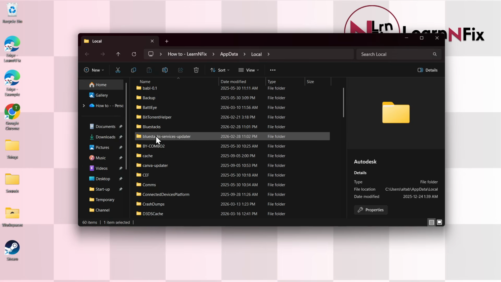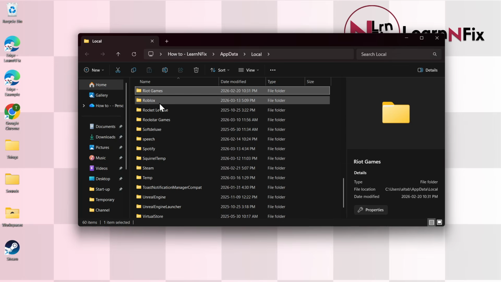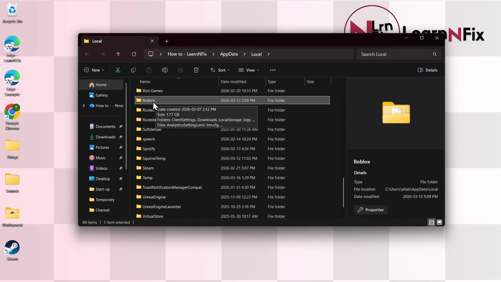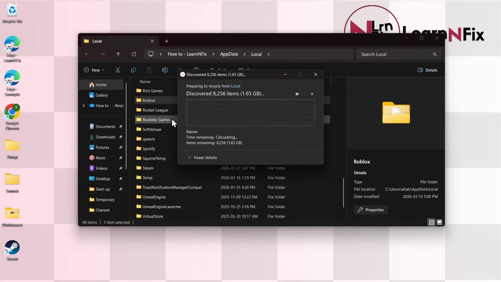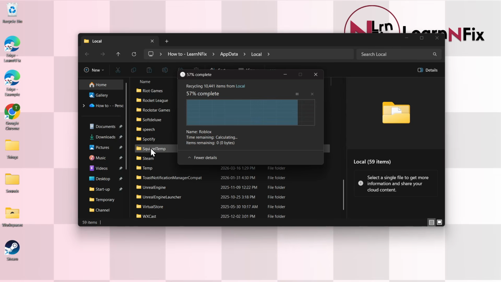Now scroll down until you see Roblox. So let's look for Roblox here. You can also just press R to sort it by Roblox. And then once you find it, you can now delete this whole folder, which contains temporary files, cache, logs